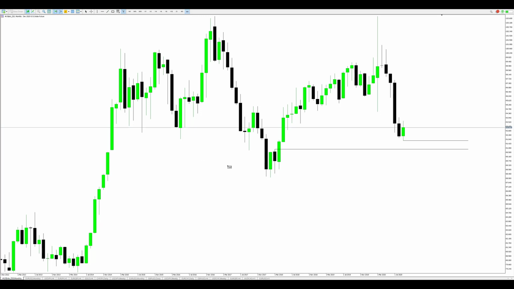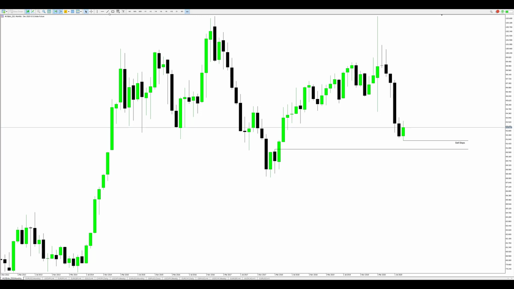Whoever is long, most of them, they've got their stops below this area here, right? That's where they have their stops. So we've got our sell stops. Unfortunately, guys, this video might be a bit long because I want to do this analysis once and for all, so that people have got something to follow through in the coming 2 to 3 weeks.